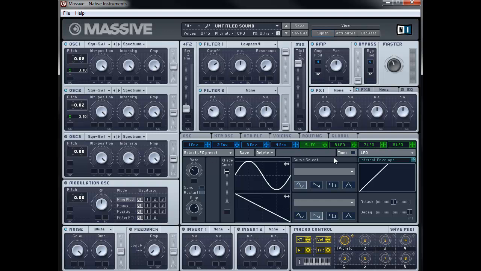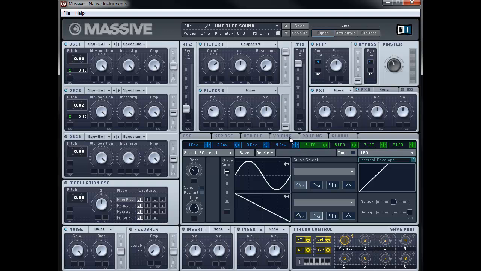Now if I play the sound, you can hear we're actually modulating it ever so slightly, which kind of gives the appearance of an analog circuit and takes the edge off it a little bit. Okay, so the next thing we're going to do is look at the